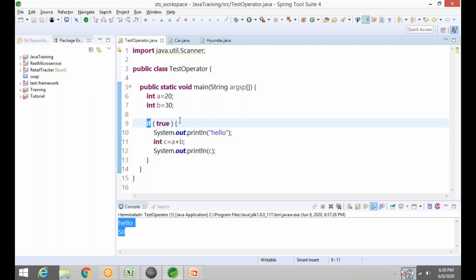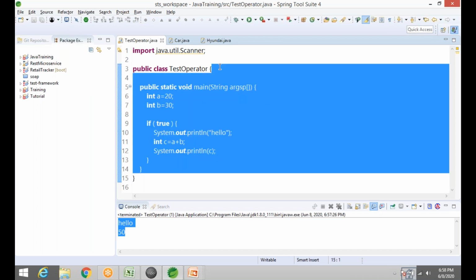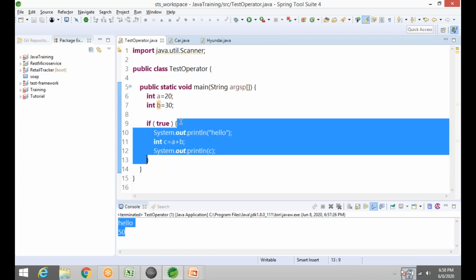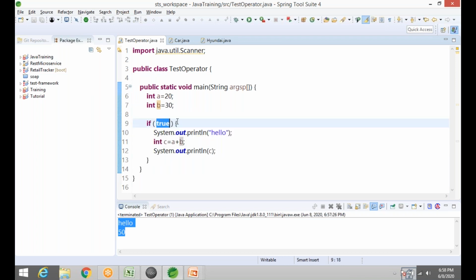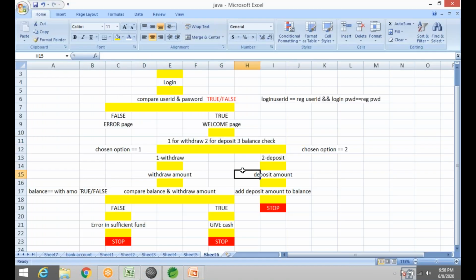This is the if block. Whatever you see here is the if block. If the condition is satisfied, the entire if block will be executed. If the condition doesn't satisfy, this block will not be executed. So similarly, going back to our ATM software, now can you control which block of